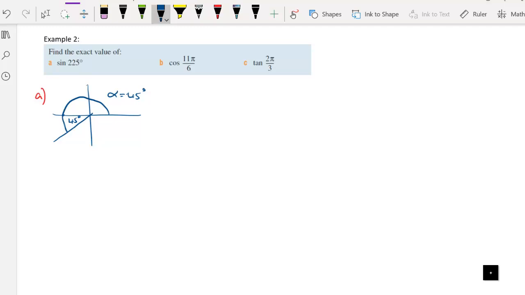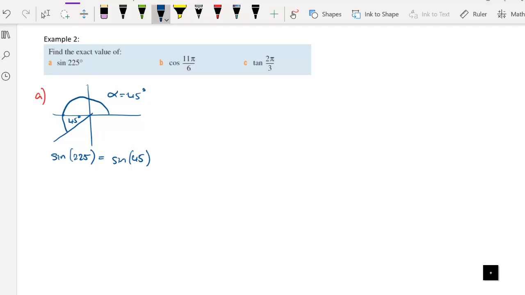Now, once we know that acute angle, because what we look at is these triangles back to the x-axis, we can say that sine 225 will be the same as sine 45,